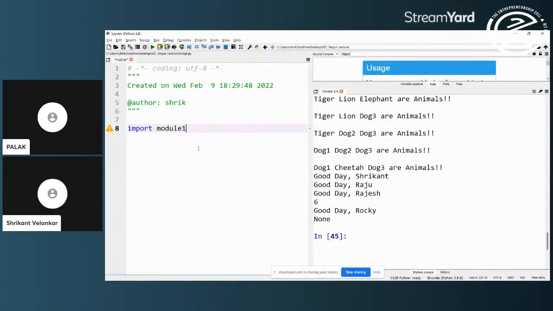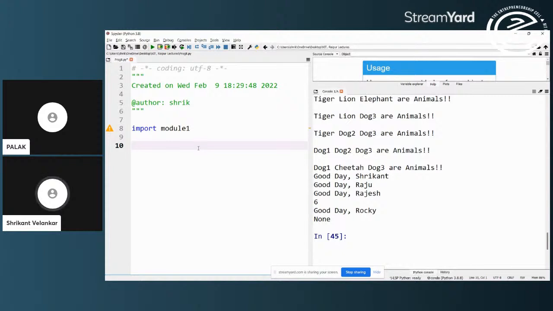So module1. Now I have got module1 imported. Now I want to execute function animals. So say animals. I will use the default values, and I don't need both. I will just use function greet, and of course it doesn't have a default value, so I have to give some value, so I am giving some value to it.